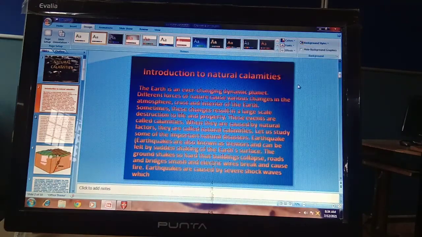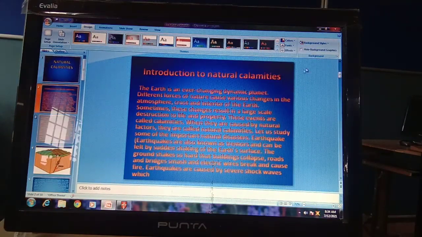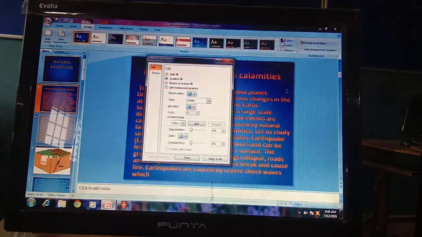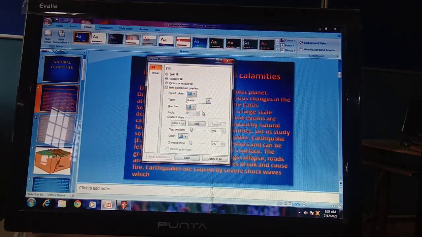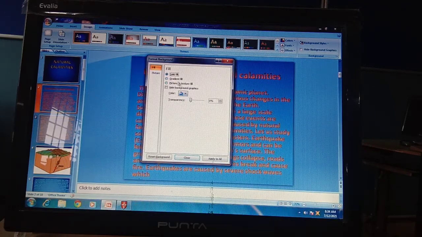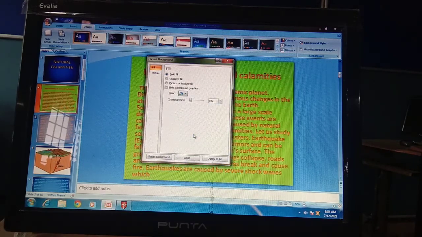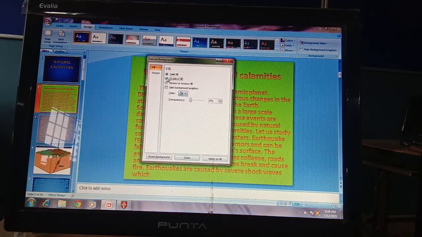Okay, for your slide, you can also format your background according to your own choice. There are so many options, like solid fill, where you can choose a particular color and all your slides will be converted into that color. You can have gradient fill.